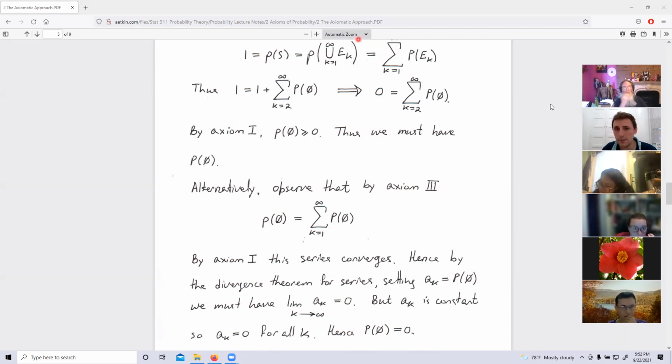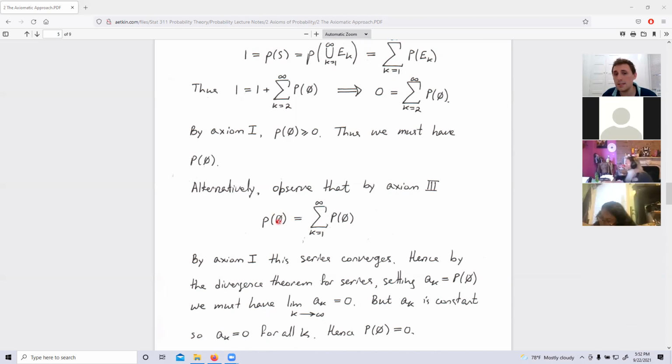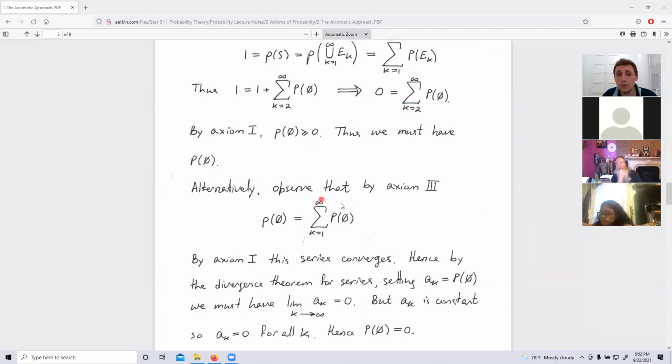So then I can apply very simply axiom number 3. I can do something else if you want to. I solved it 2 ways, but I'm just right away doing axiom 3. And I see that the probability of the empty set is the summation of the probabilities of the empty set. Now, the probability of the empty set is supposed to be defined based on the description. It's supposed to be a number between 0 and 1. Yes? Now, if it is a number between 0 and 1, it must be equal to this infinite series. Notice, guys, that P of empty set is the same number.